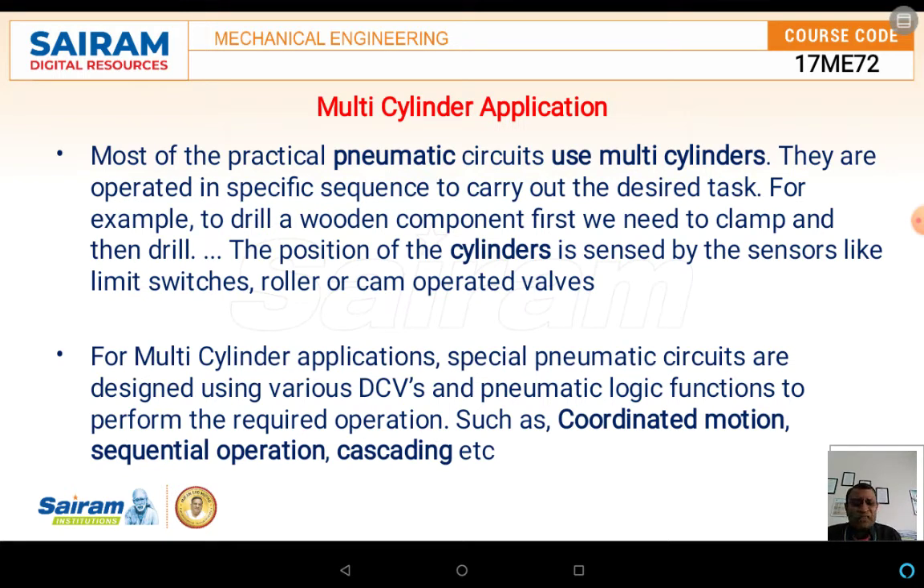Now, as you know, in multi-cylinder applications, special pneumatic circuits are designed using various DCVs and logic function gates, or logic function valves, or in some cases we are not using logic functions at all. Only by using the DCVs it is very easy to control the entire mechanism. The first one is coordinate motion, the second one is sequential motion, and the last one is cascading